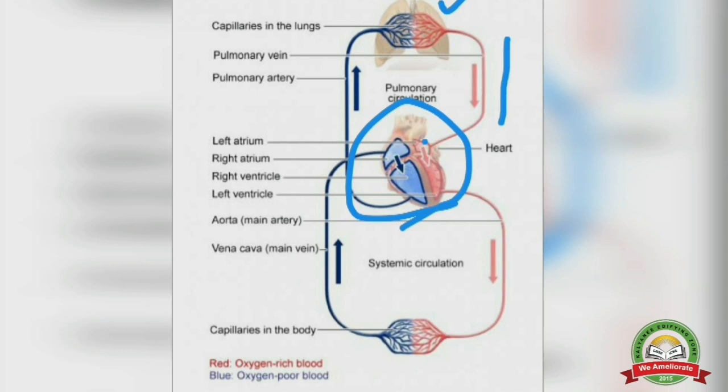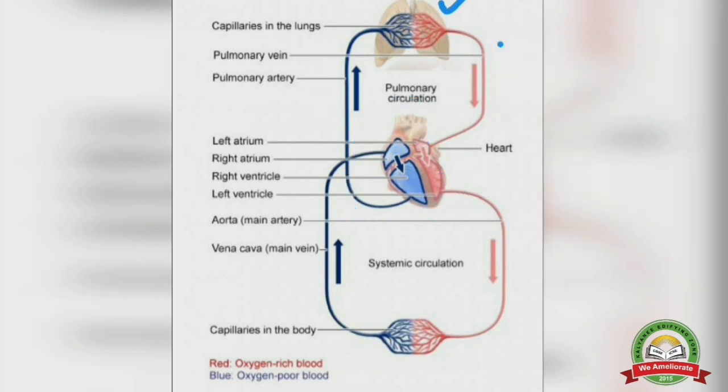Okay, but before that let me tell you, I didn't tell, I think, that the heart has 4 chambers. The heart has 4 chambers: left atrium, left ventricle, right atrium, right ventricle. Okay, and between each atrium and ventricle there is a valve. Between this atrium and ventricle there is a valve, so that it doesn't allow the blood to flow back; it always takes the blood in one direction.